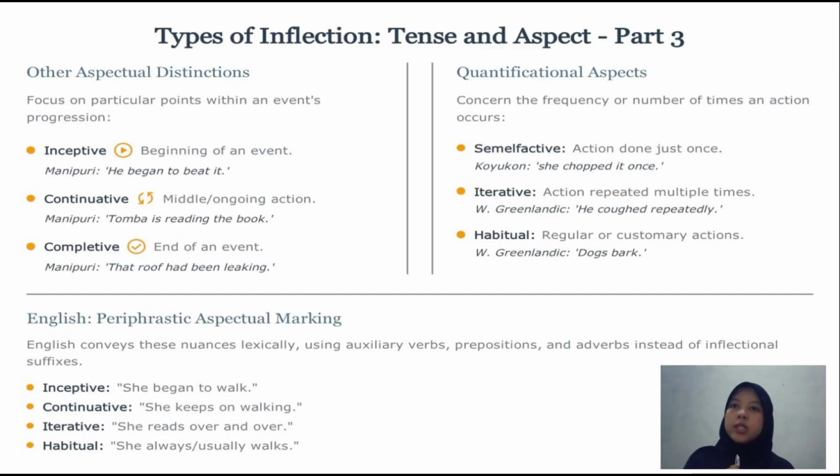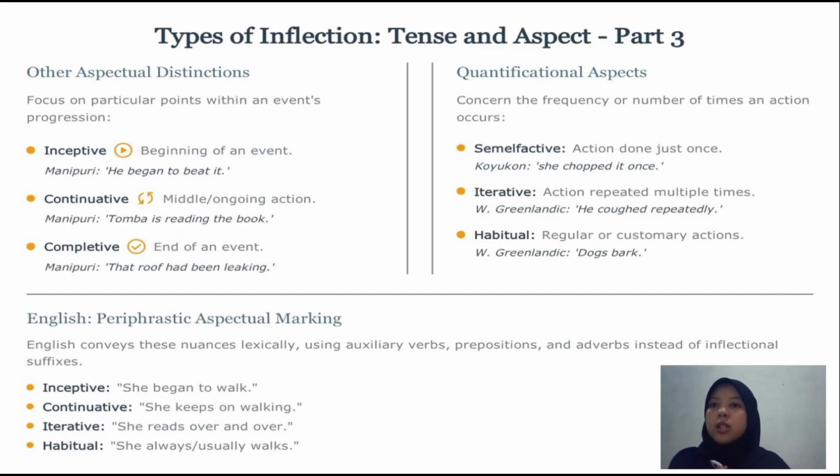This refers to the specific stage of an event. The first one is inceptive, the beginning of an action. This sentence does not focus on the process or the end, but on the moment when the action began to take place. For example, he began to beat it. In this instance, the action has begun, but it is not certain that it will continue or be completed. For the next,